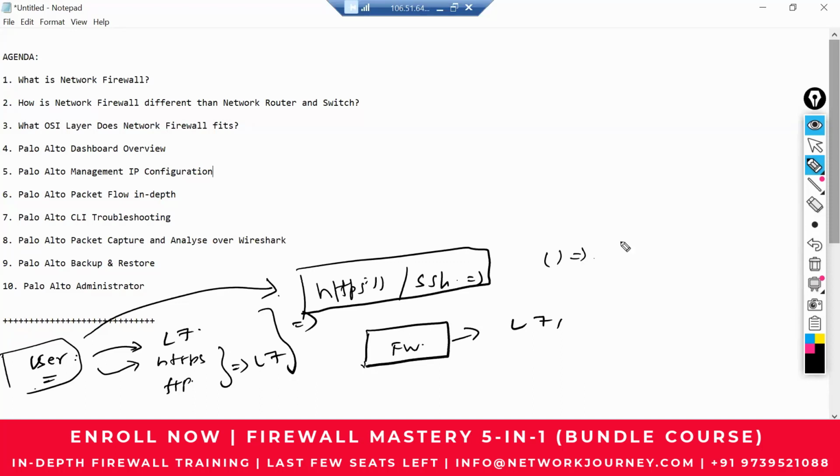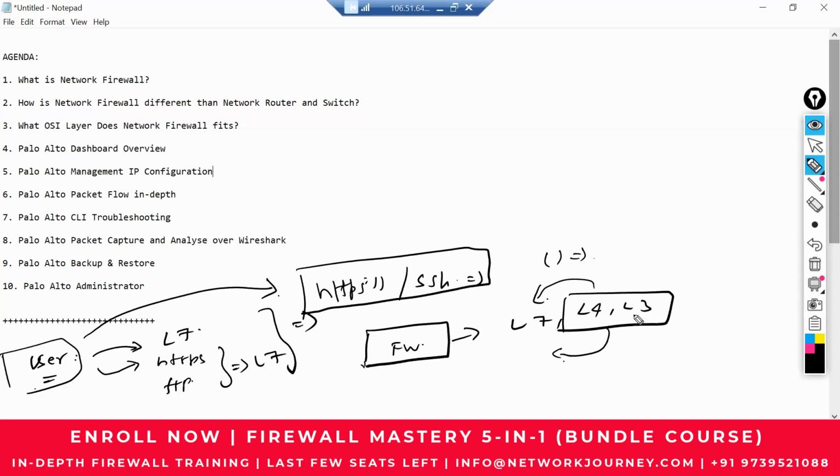So either way, which flow of OSI model are we looking at? We are not going to consider 5 and 6. Considering layer 7, yes, it's going to inspect layer 7. And if you consider layer 4 and layer 3, in layman terms, we are going to replace an ASA firewall, which is doing layer 4 and layer 3 inspection, with the next generation firewall. So obviously you will expect this firewall also to do the same thing and much more,